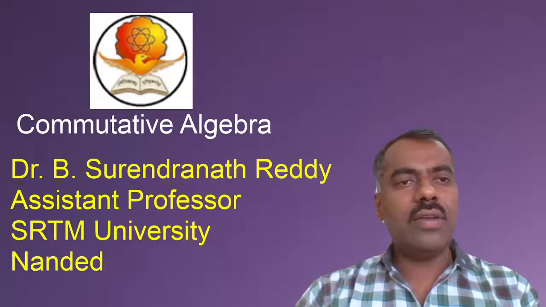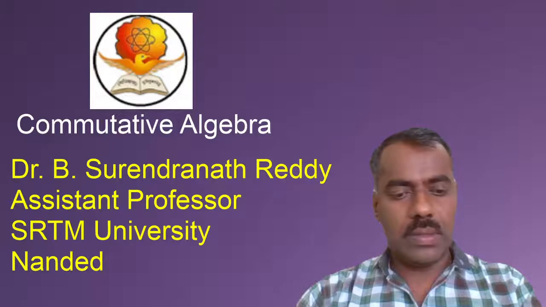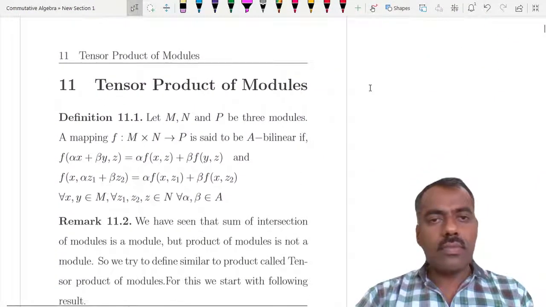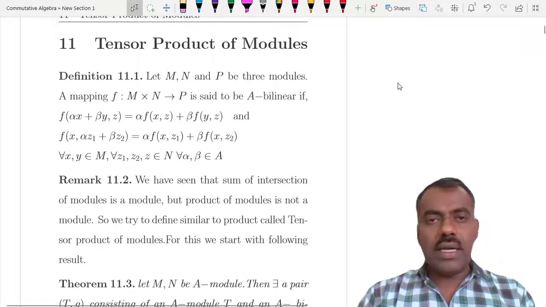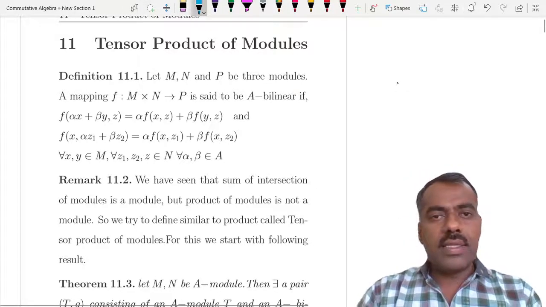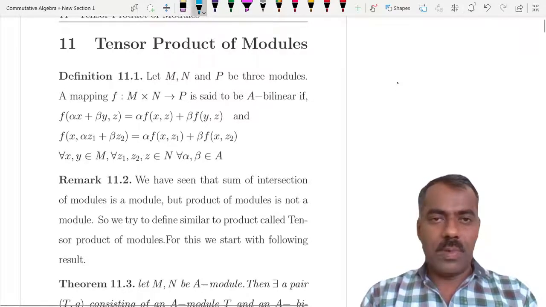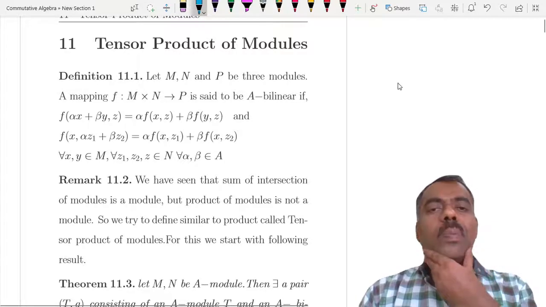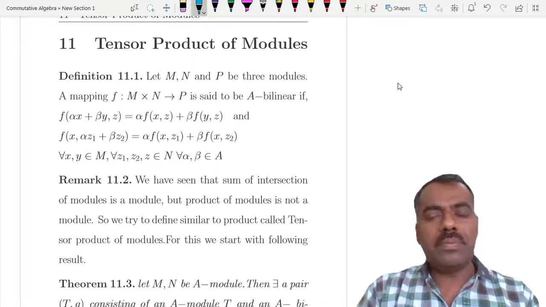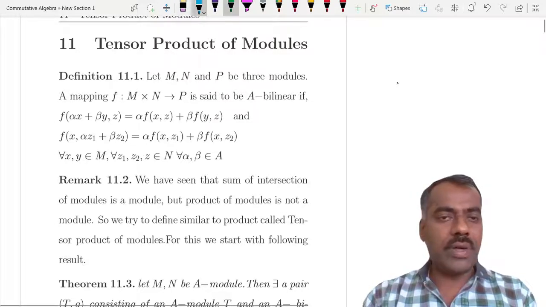In this lecture, we'll discuss the tensor product of modules. We have seen already what is meant by a module, some of the properties of modules, and so on. So in this lecture, we'll discuss what is meant by the tensor product of modules, because we have seen that the product of modules may not be defined. So we will see something similar to a product of modules, but it is not a product; it is actually a tensor